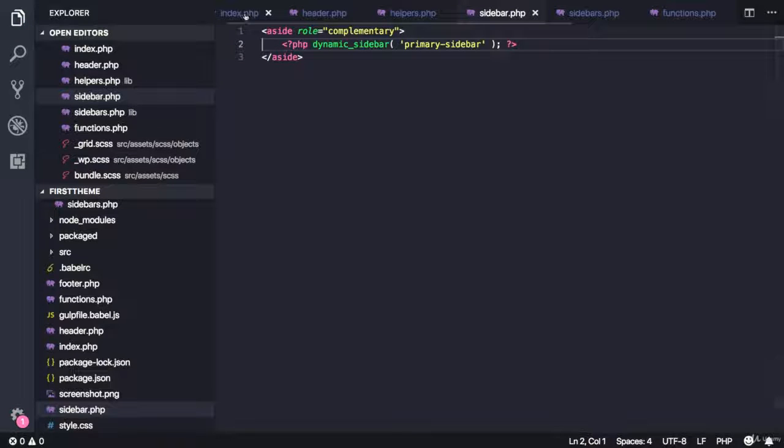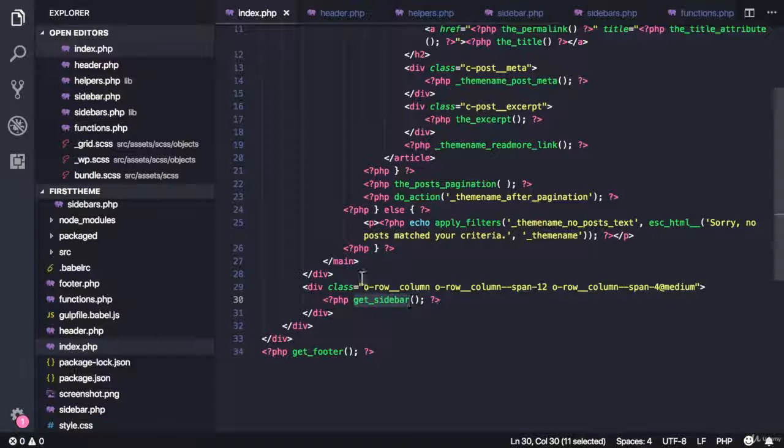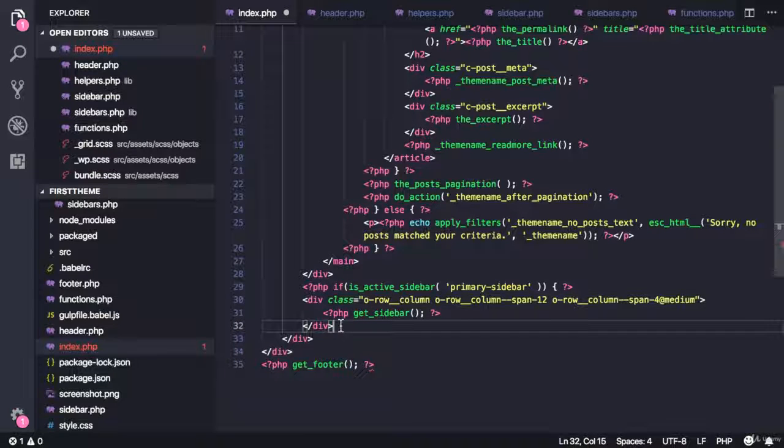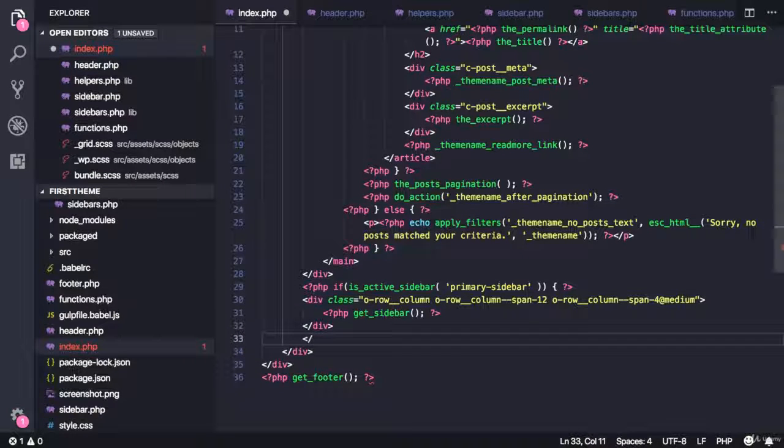And inside the sidebar, let's add this if condition here. So if the sidebar is active, add this row, else don't add anything. So this goes in the if condition,